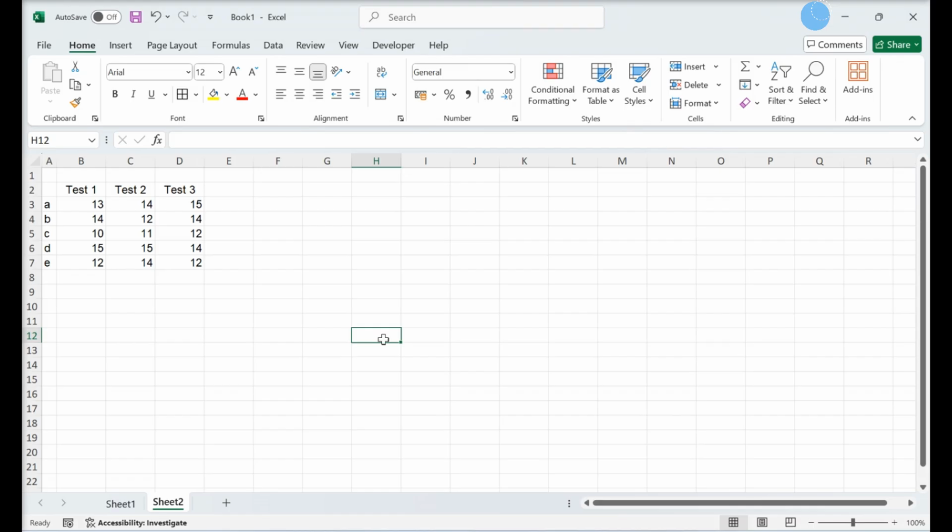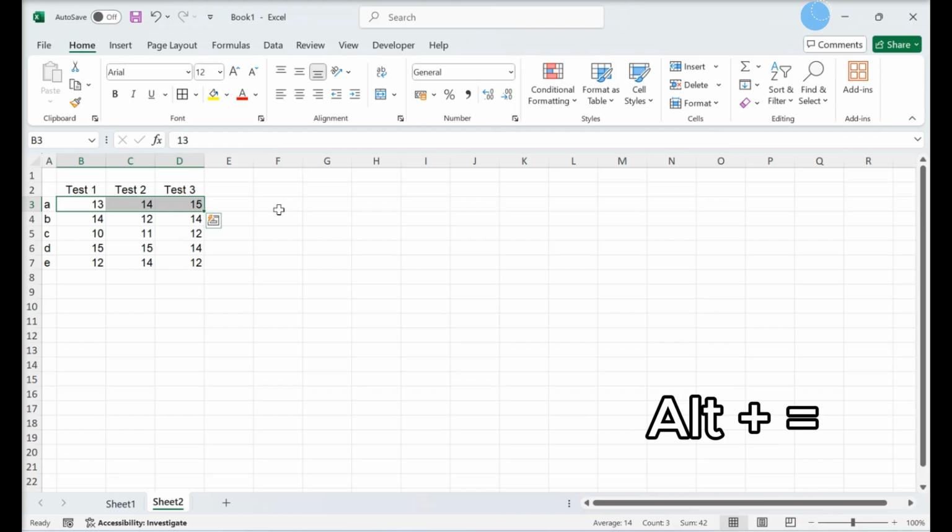Using the AutoSum function, insert a blank column or blank row after your data. Use the mouse to highlight the data you want to sum. Press the keyboard shortcut for AutoSum. Press Alt plus equals. You can also run AutoSum on the selected data by clicking the AutoSum option on the